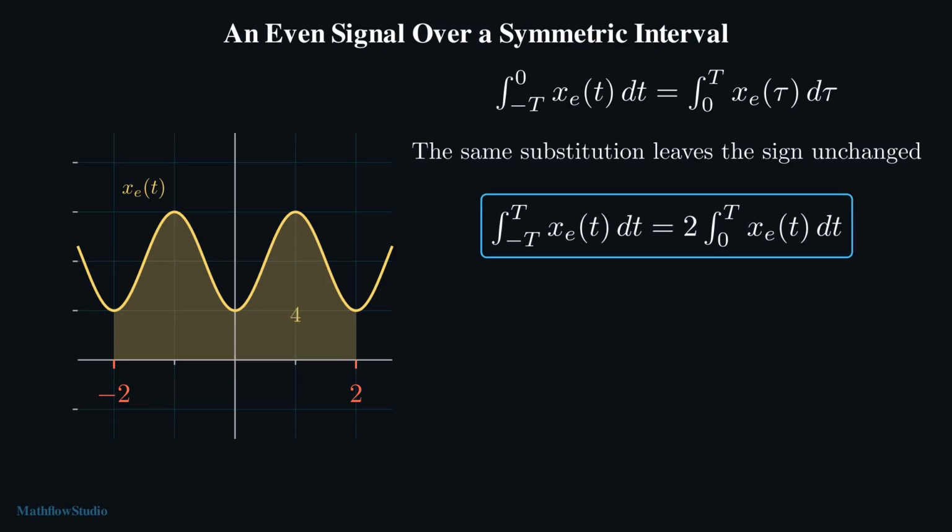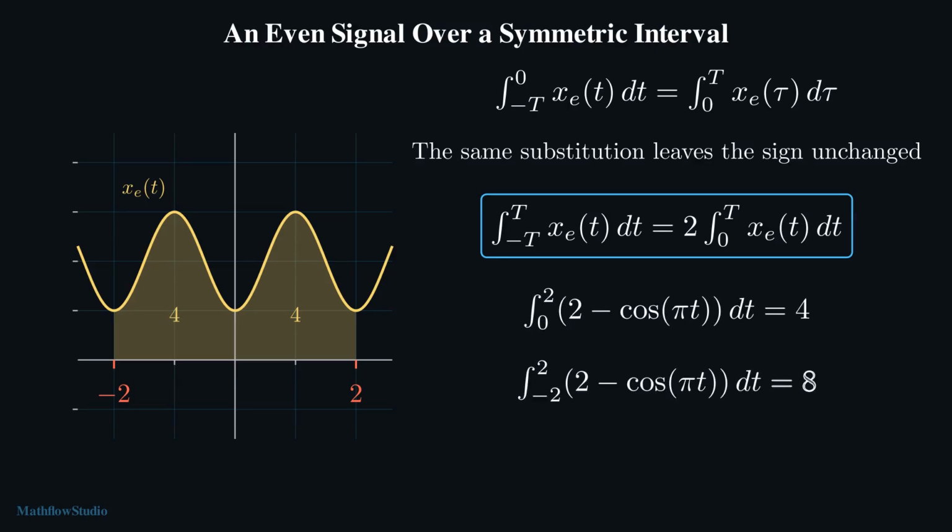On the drawn signal, the right half encloses 4 units of area. The left half encloses 4 as well, so the whole interval encloses 8. The two shaded halves of the even part are congruent,